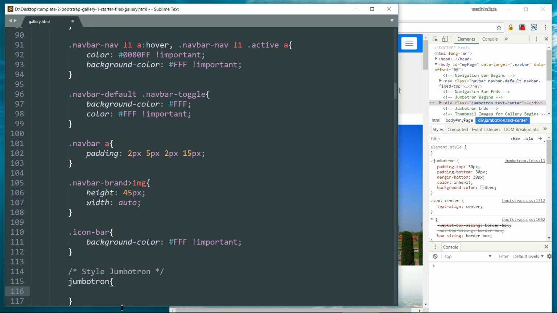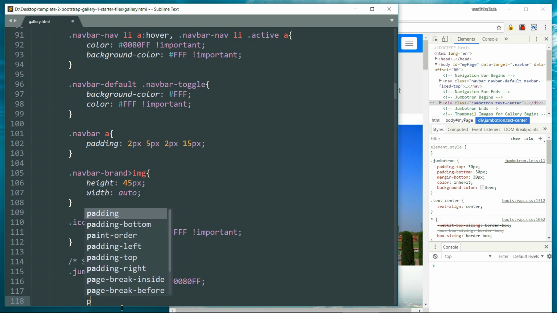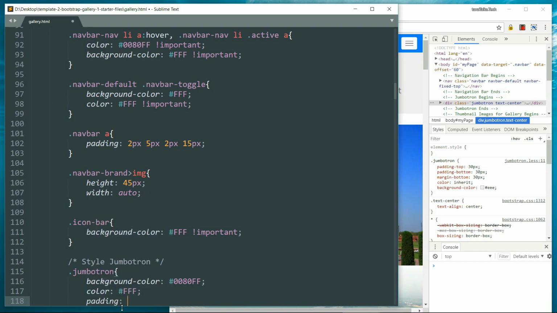Okay, now drop down and let's write background-color as hash 0080ff, the blue color, then color as hash fff, then let's give a padding of 100 pixels, then 25 pixels, the 100 pixels top down and 25 pixels left